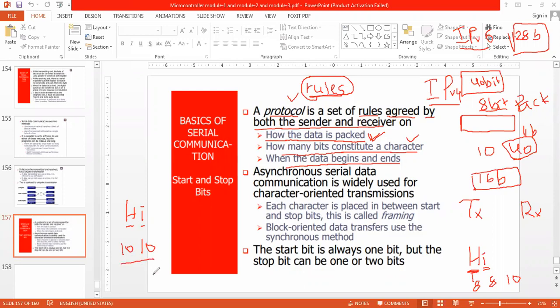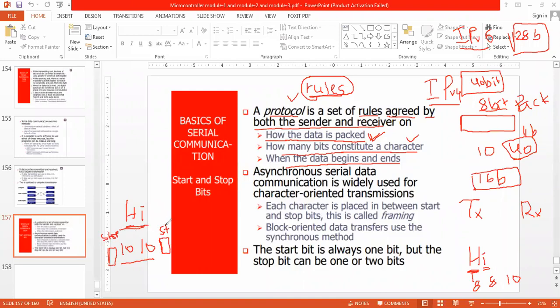Now, what is the starting point of this message, and what is the ending point? For that, I allocate one extra bit called the start bit, which means the data is starting, and at the end a stop bit.